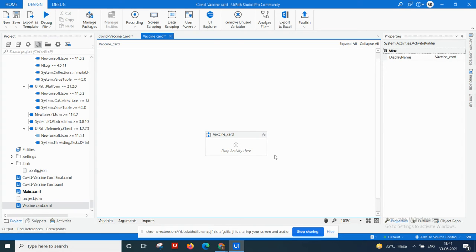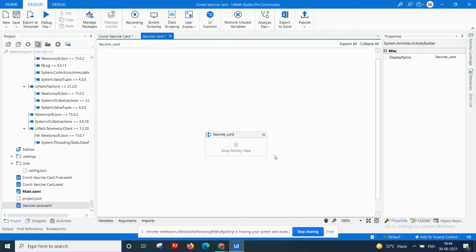Our project is very simple, and we are uploading our COVID vaccine certificates directly into Google Drive, which helps billions of people to maintain their vaccine record online in a stable, secure, and easily accessible location. Let's start. We are going to use UiPath Studio Pro, which is very simple software for automating this process.